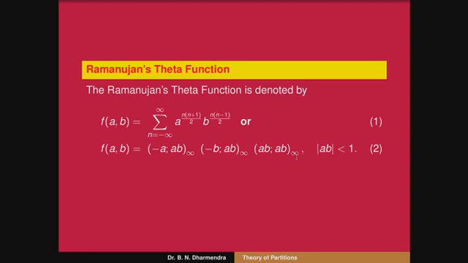In the whole, you can observe that Ramanujan's theta function is defined in terms of infinite series by this one, and in terms of infinite product by this one. You can remember equations 1 and 2. You can also prove that the result in 1 is in Ramanujan's notebook part 3, entry 18, chapter 16, page number 34.